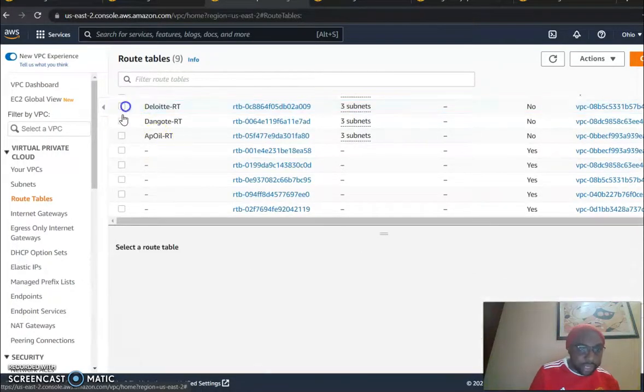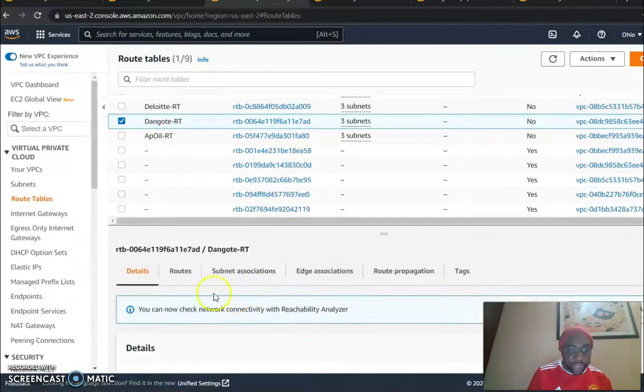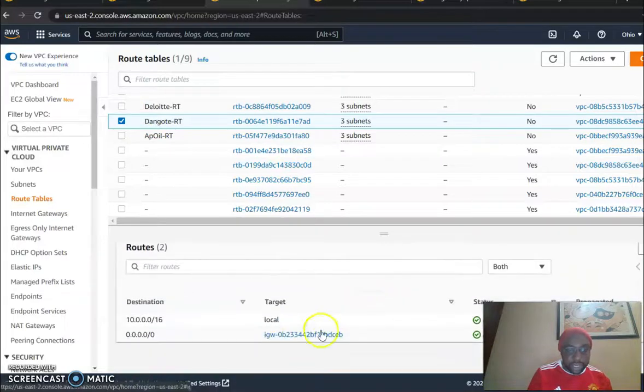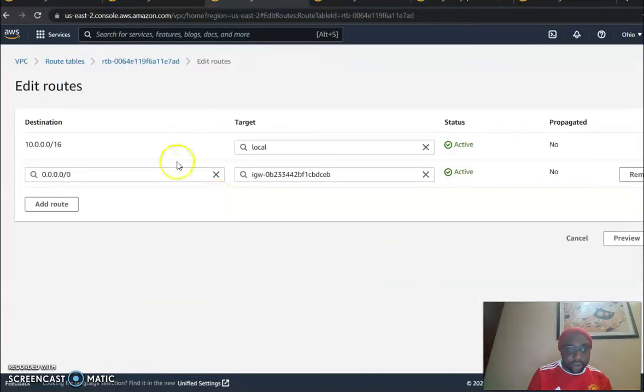So same thing I'm going to do for Dangote now. I'll go to Dangote, I'm going to go to routes. I'm going to come here, edit routes. I'm going to